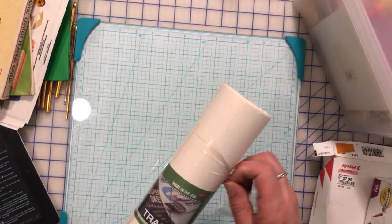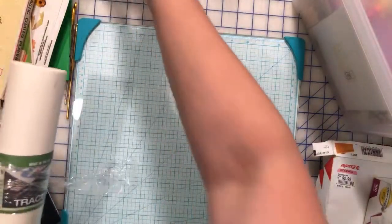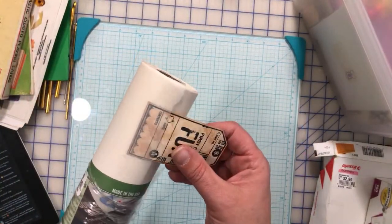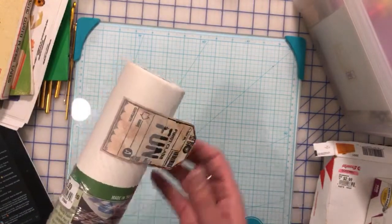So I sort of opened this a little bit, and let me see if I can get underneath here just to show you. Well, we'll stick this under here because it's what I have right here, to show you how see-through it is. So it's tracing paper,